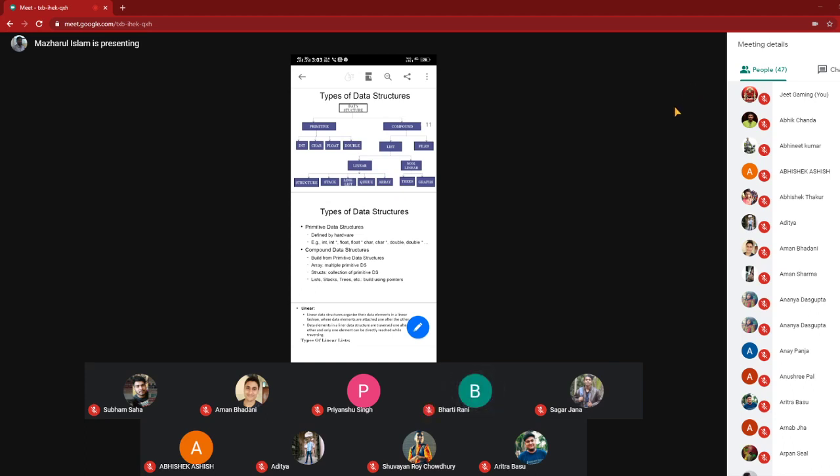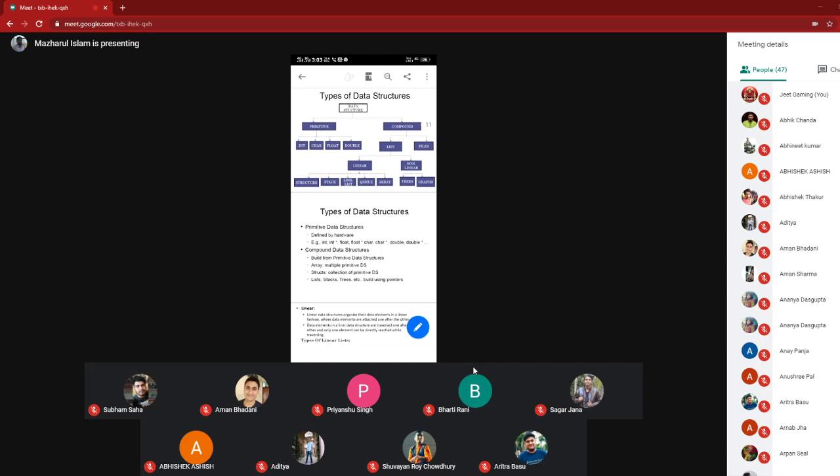Okay, so array is an example of a linear data structure. When we talk about data structures, you always have to remember that a data structure is not only the data type. A data structure is a data type along with some set of operations that are valid on the data type. So when we talk about the array as a data type, what are the various operations you can perform on the array?